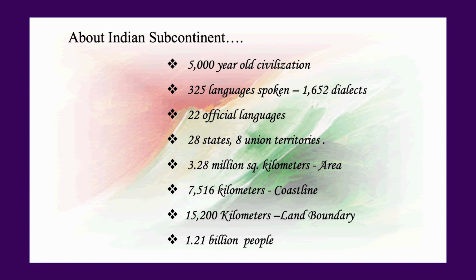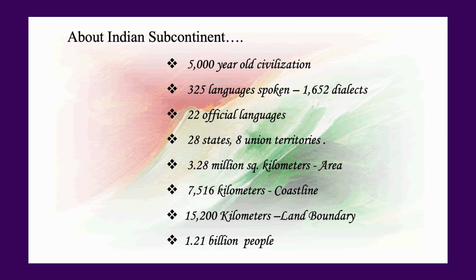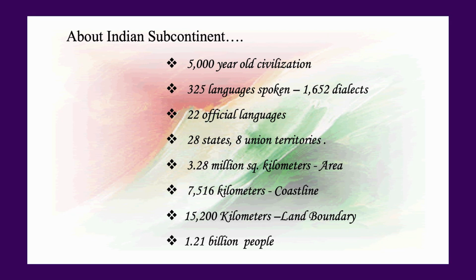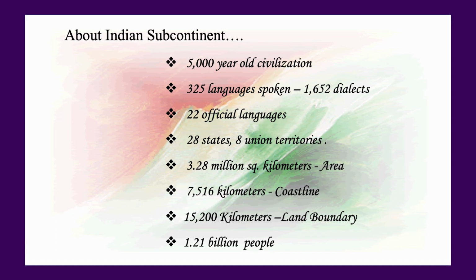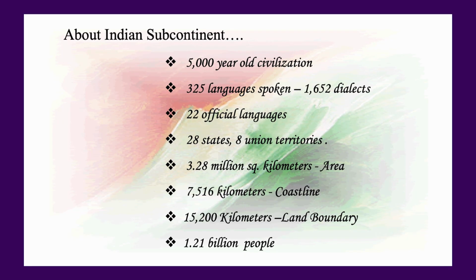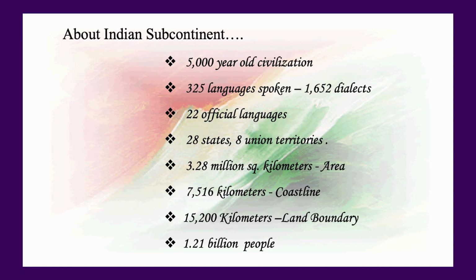India shares its land border with 7 countries covering a length of about 15,200 km: Afghanistan and Pakistan to the northwest, China, Bhutan and Nepal to the north, Myanmar to the far east and Bangladesh to the east. Sri Lanka and Maldives are 2 countries with water borders. Bangladesh has the longest boundary with India. The length of the border is 4,096.7 km. It is the 5th longest land border in the world.